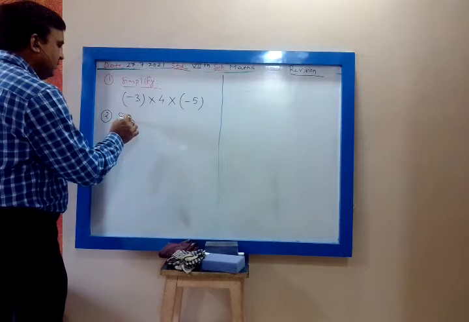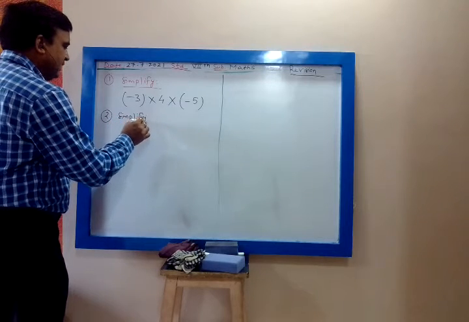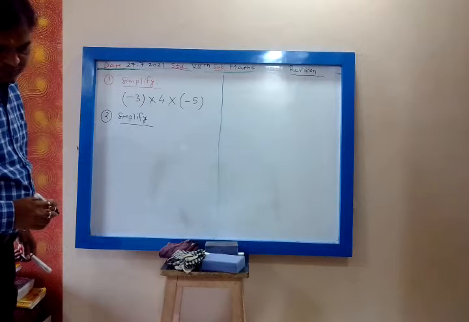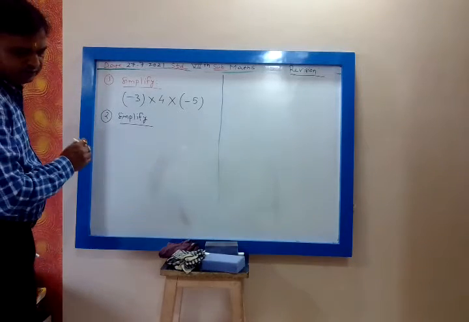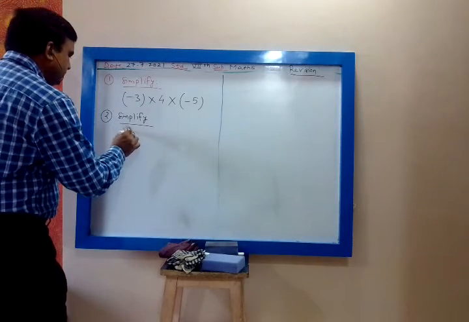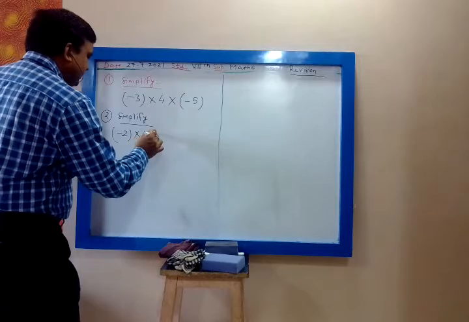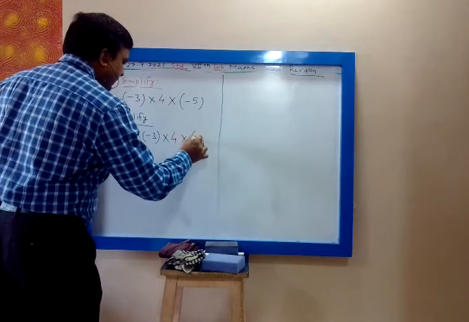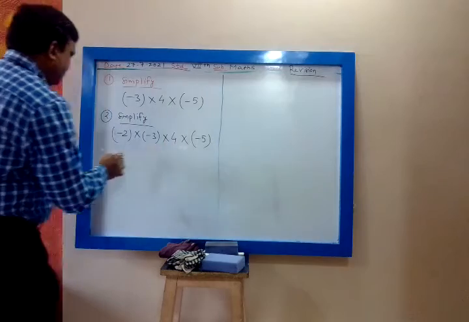Simplify -2 into -3 into 4 into -5. Then third,